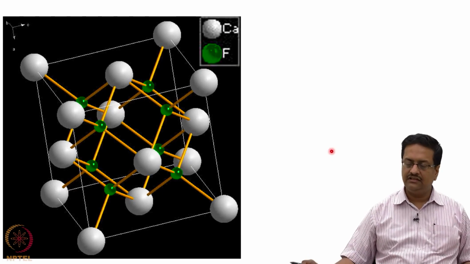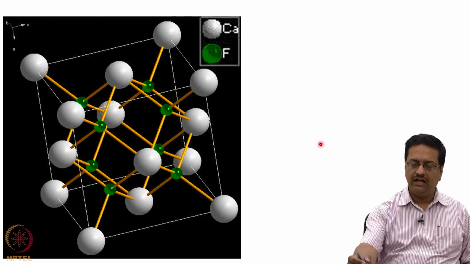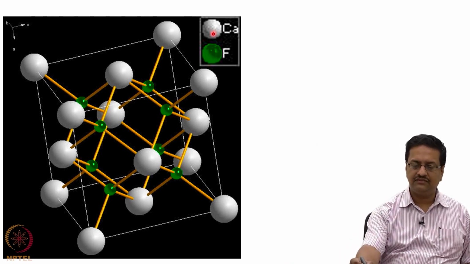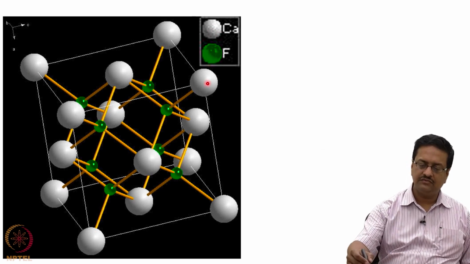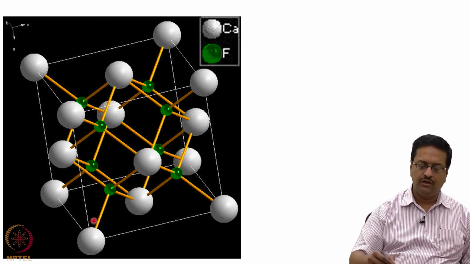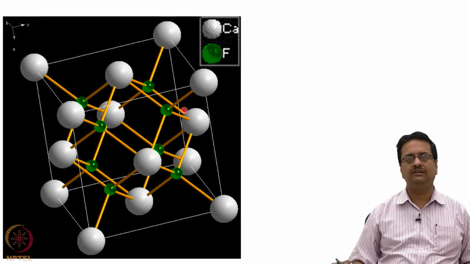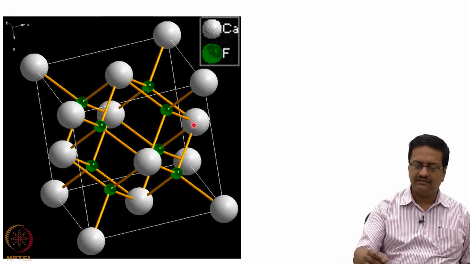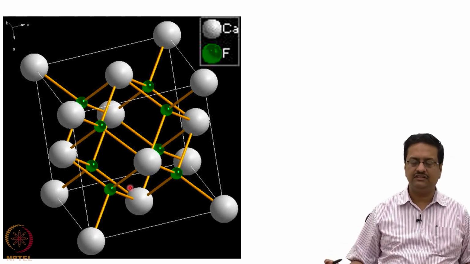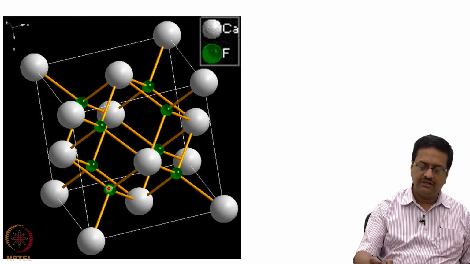So this is the structure that we are discussing, where we have calcium represented as gray spheres. The calciums are now represented to form a face-centered lattice, because you have 8 corner atom sites occupied by calcium, 6 face centers occupied by calcium, so it is a face-centered lattice of calcium, and then every tetrahedral interstitial is